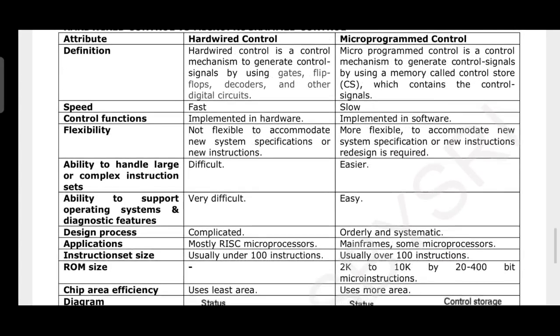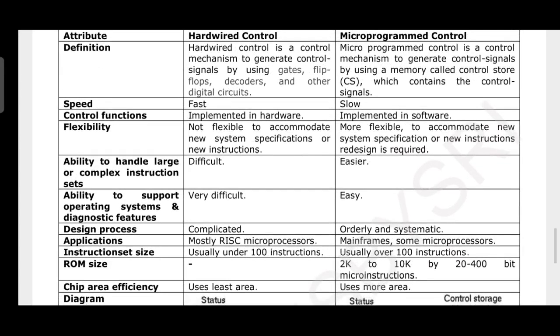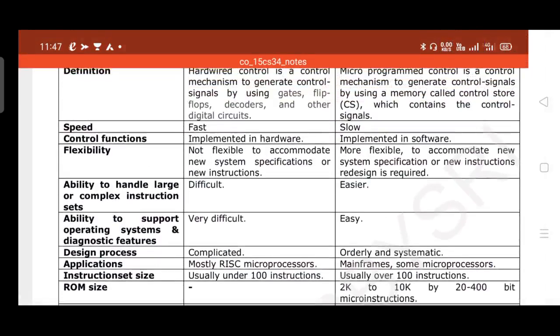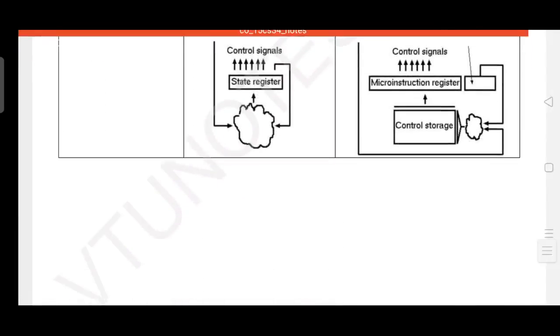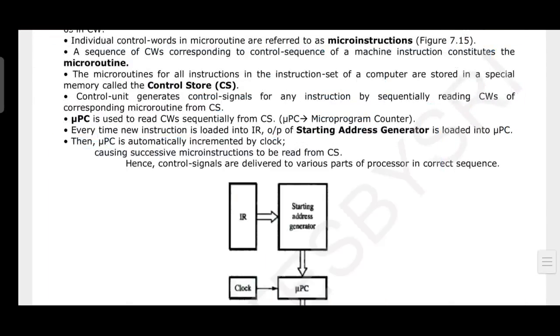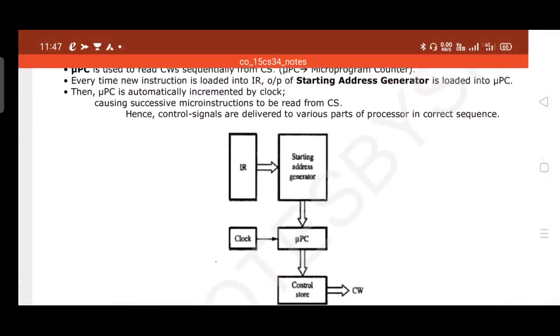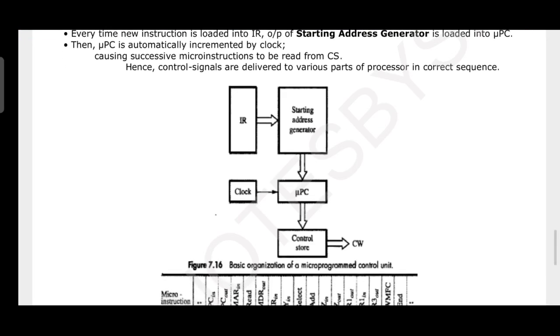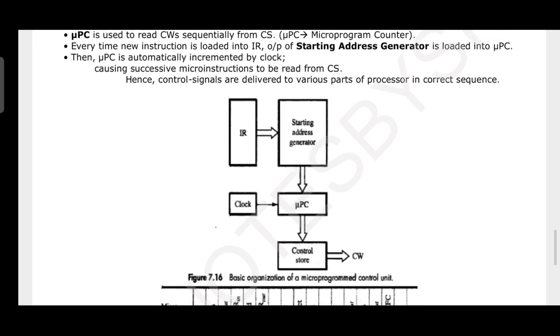Another most expected question, you can consider this also. Whenever a question asks you to differentiate, you should answer using a tabular format. About microprogrammed control, let us discuss in the next session. In microprogrammed control, we consider each instruction as a microinstruction. So far we have considered PC out, IR in, and so on, right? Such types of instructions are called microinstructions. There is another unit called the micro program counter, or new PC.